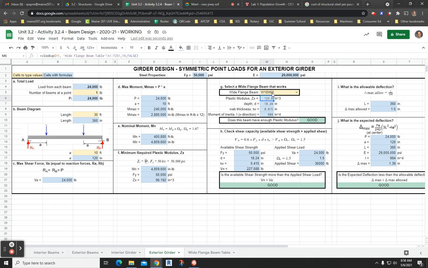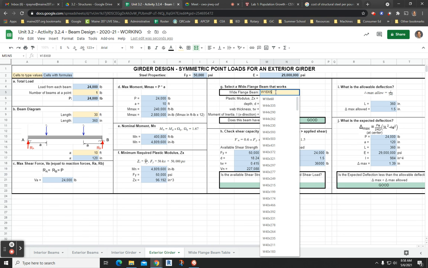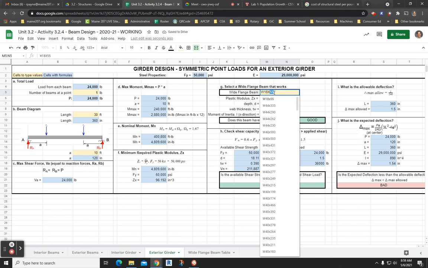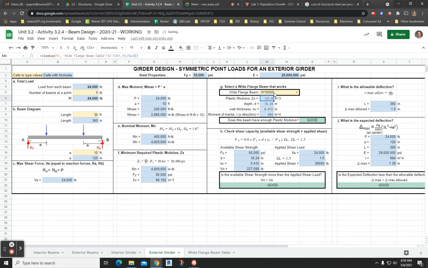Let's try 18 by 55. Let's see if that works. Oh, just a little over. So 18 by 60 was the best I can get. And isn't it nice that we can just change this, and instead of having to redo all of these calculations here, the whole point is the sheet does it for us in a split second. So, okay. And that's it. All right. I'll pause the